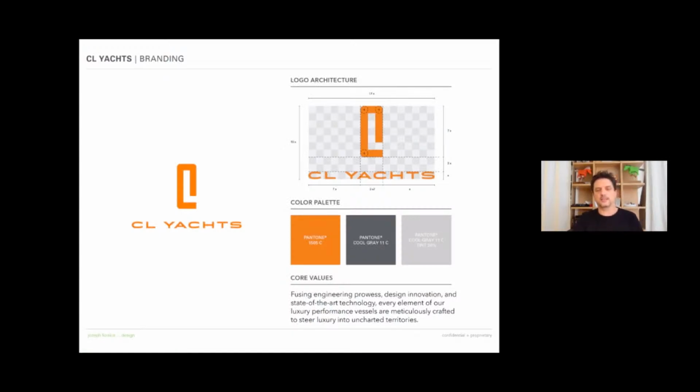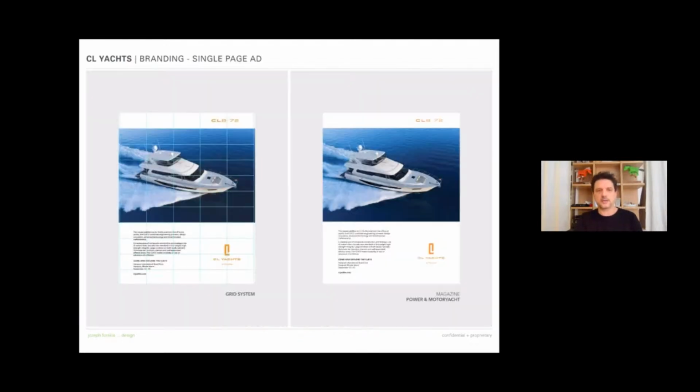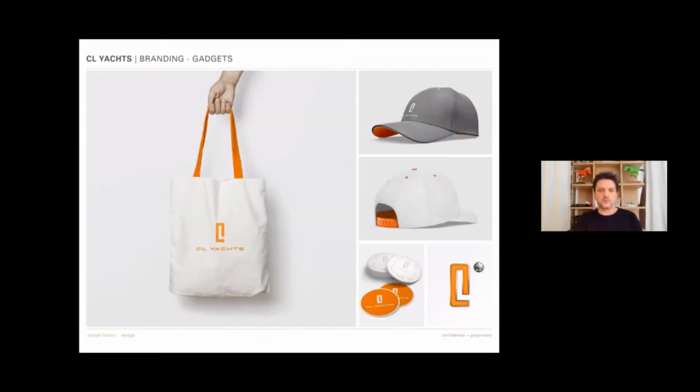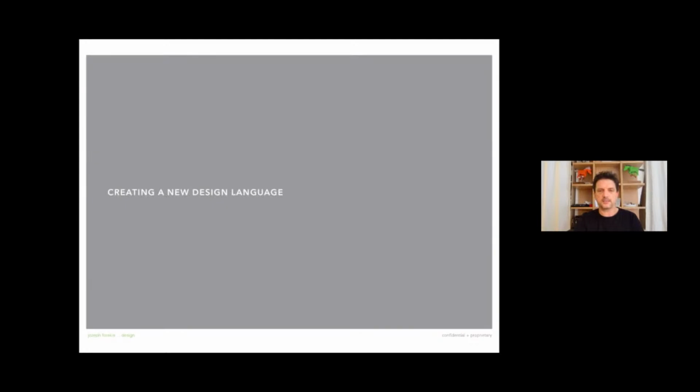which, again, following the definition of what the why is, what the essence of this new brand should be about, seeks to visually communicate. Obviously, some of you are visual designers, so you know what is involved in this kind of thing, to establish not just the look and the graphic, but an entire system of tools to be used inside and outside the company, an advertising system, and a very unique language that suits everything that we're trying to say about this brand as a leading innovator, which has a tradition of gutsy innovation, but with a new, young, fresh identity, including all new stand design with uniforms and custom-made furniture for the stand and hospitality center,